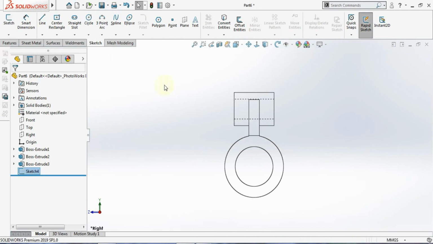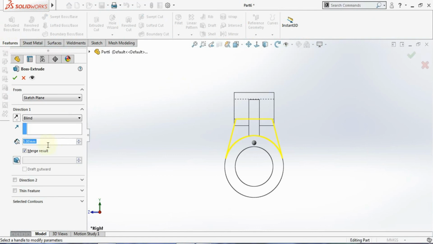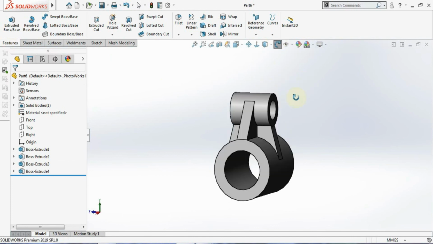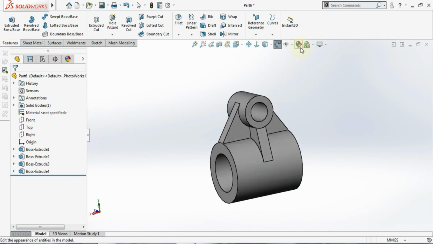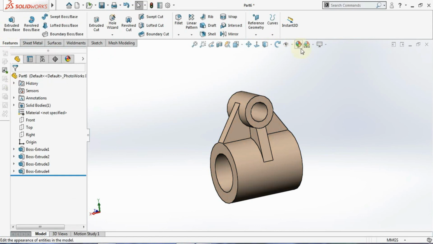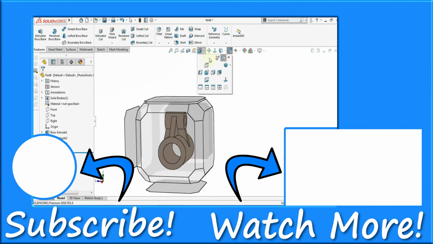You can exit from the sketcher and you can go for this feature. Click on the extrude, and same way you can go for extrude with the 5 mm and choose your mid plane. Go with this OK. Right now I will just change the view mode. Now you can see, if you want you can change the appearance also. Here you have the options. I'll be choosing here the color quite like this. Just go with this OK. And if you want you can change the background also. Here you have the option, you can keep it in isometric mode.